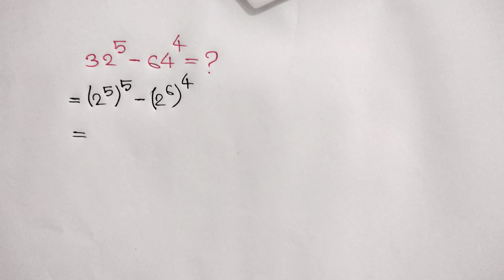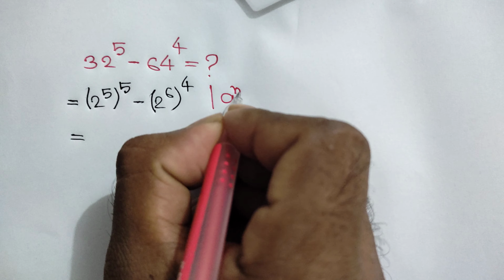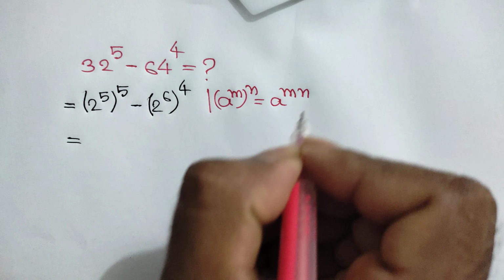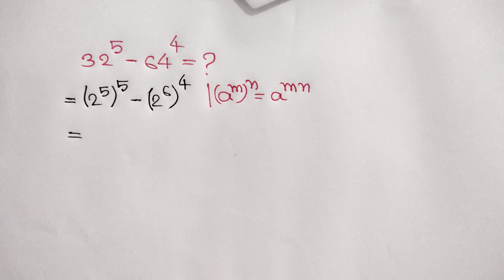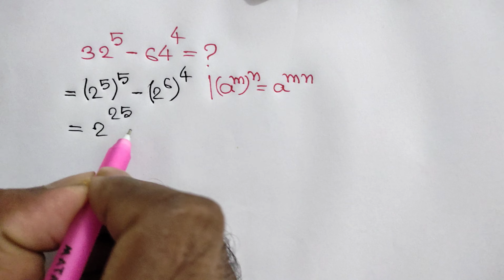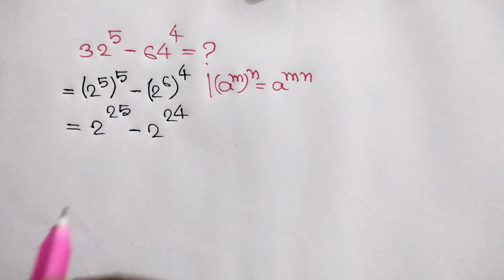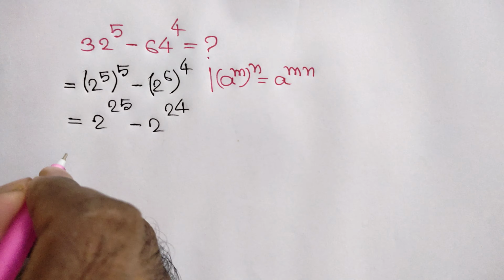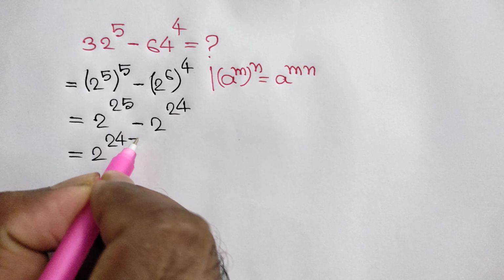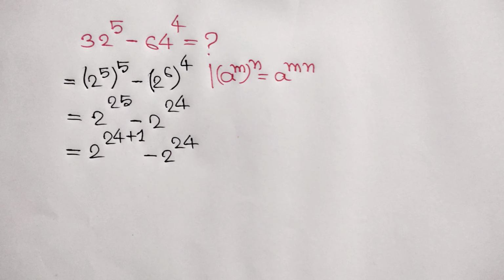is equal to, now we know an exponential formula, (a to the power m) whole to the power n is equal to a to the power mn. Now apply this formula. Here we can write 2 to the power 5 times 5 is 25 minus 2 to the power 6 times 4 is 24, is equal to 2 to the power, now this 25 can be written as 24 plus 1, minus 2 to the power 24